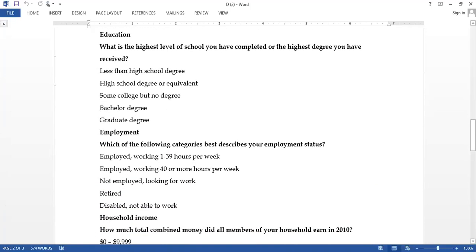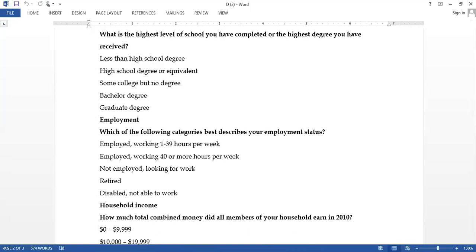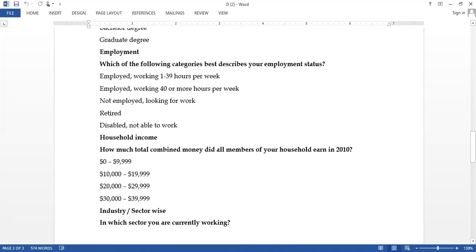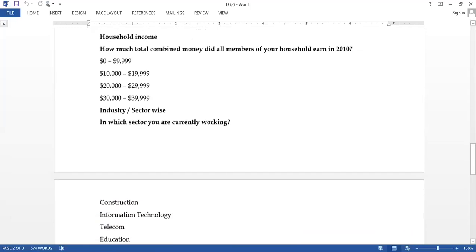Similarly, on the basis of education, we can segregate the respondent demographics. Education means like matriculation, intermediate, bachelor, undergraduate, graduate, and PhD. Similarly, on the basis of their employment as well as their income. Moreover, we can also